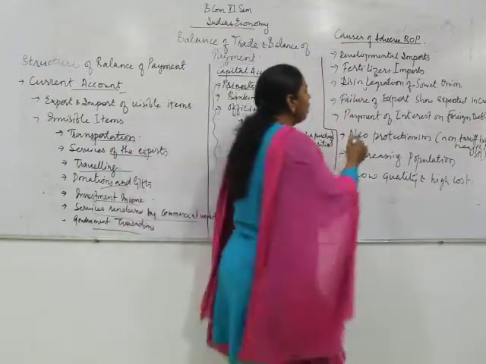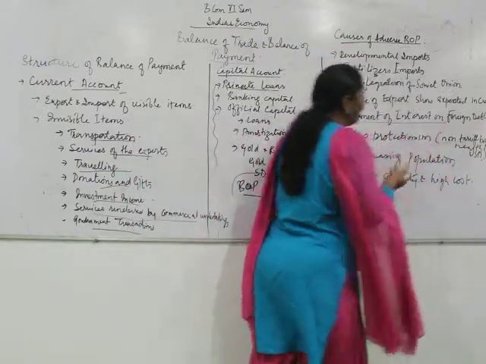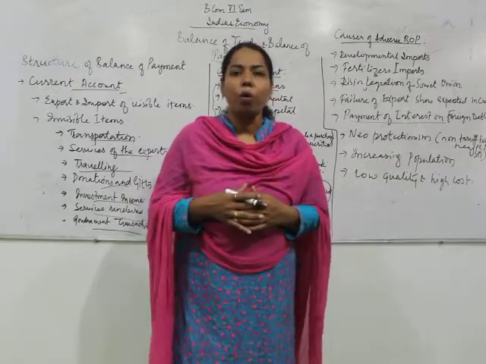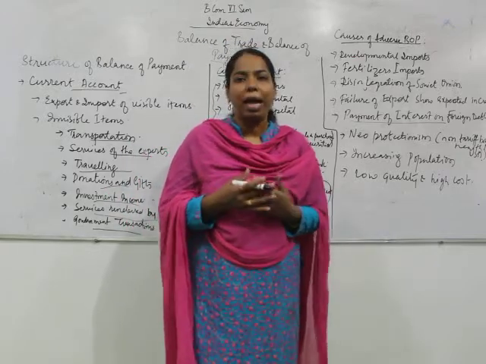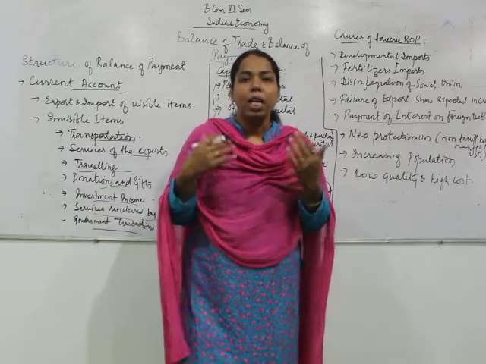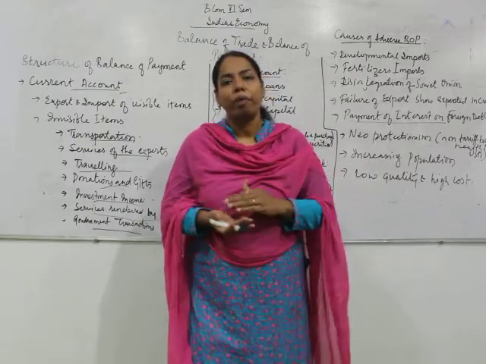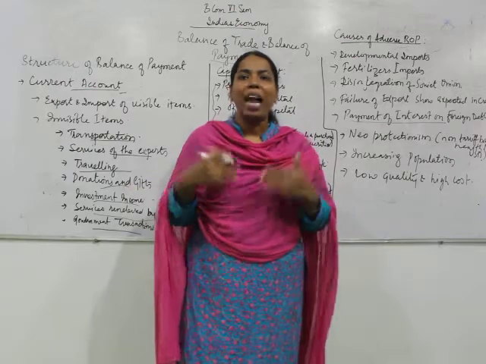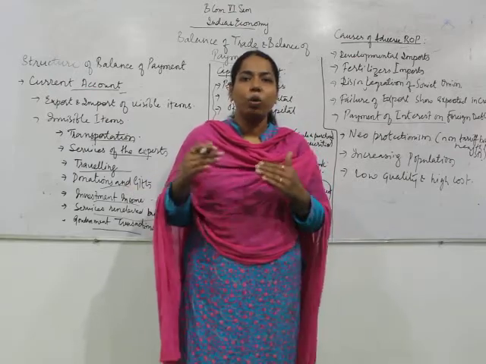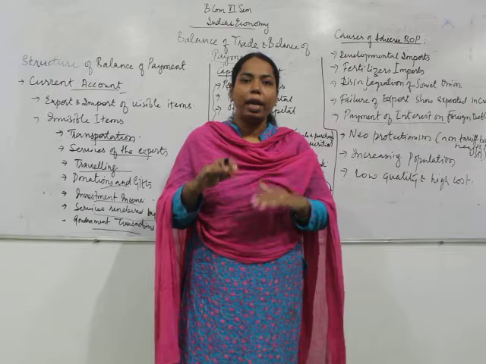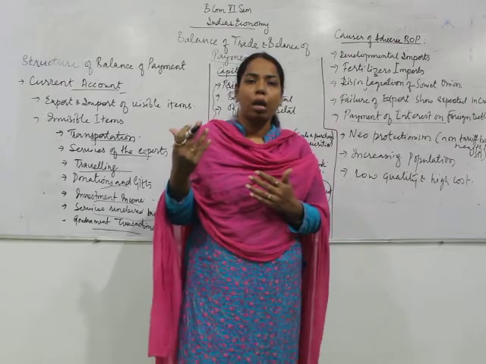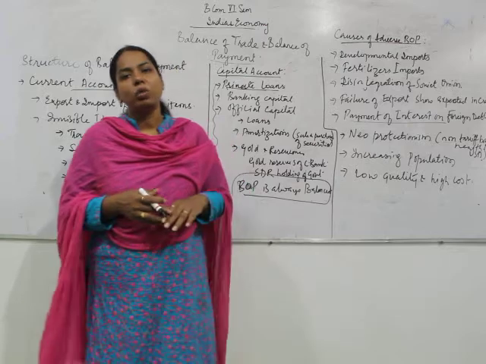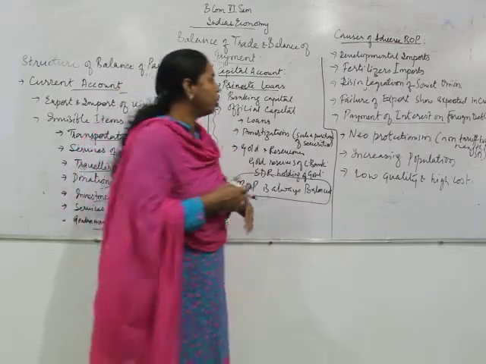Similarly, there is the payment of interest on the foreign debts. For our developmental needs, we need to borrow more and more loans from the World Bank. Similarly, for financing our trade requirements, we borrowed funds from the IMF and other countries also. So we had to make the payments of interest on these loans. The interest amount is also a large one. So we have to make the payments of the interest. Again it causes what? The unfavorable balance of payment position.